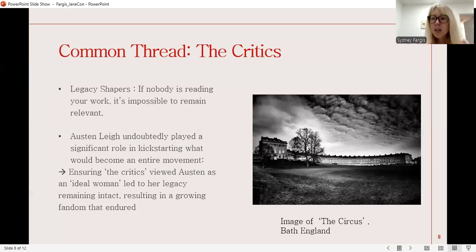I don't know about you, but I personally read Austen's books once a year, every year, and I get something different out of her novels every time I read them. There's fan fiction, there's historical fiction, there's so many creations that have spun off of a love, adoration, respect, even hatred of Jane Austen, right? Even people who don't care for her. She's still inspiring dialogue, conversation, creativity.